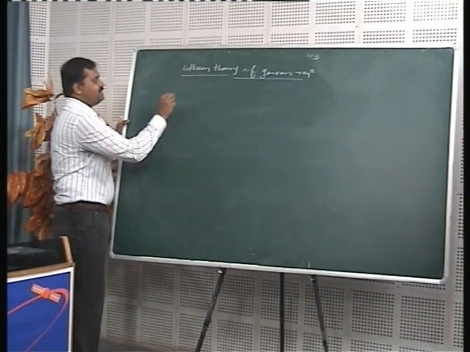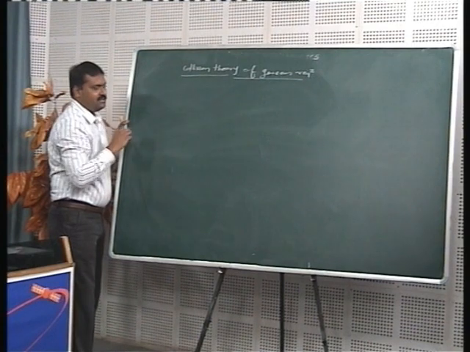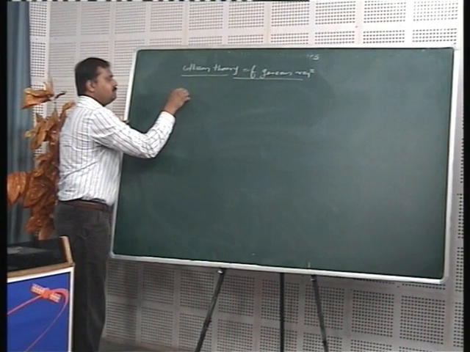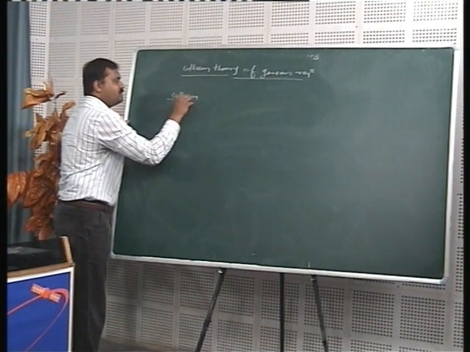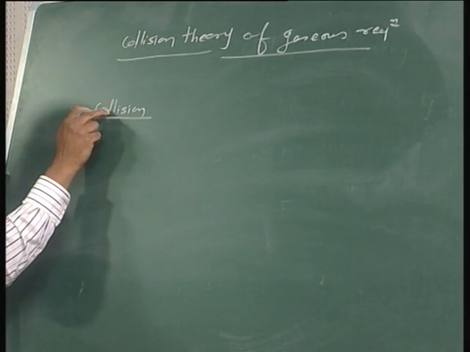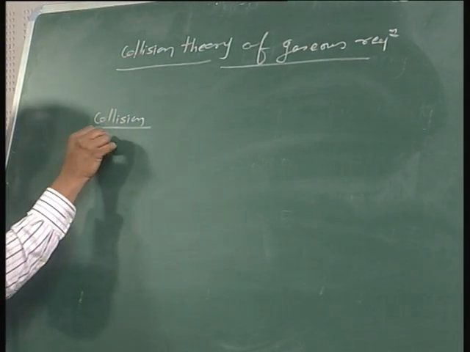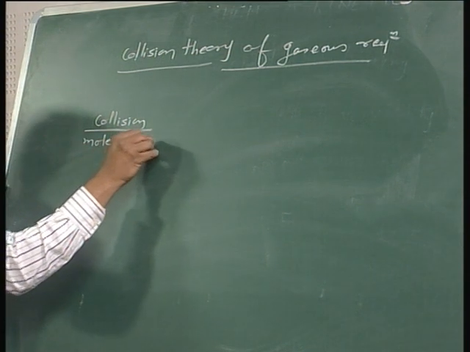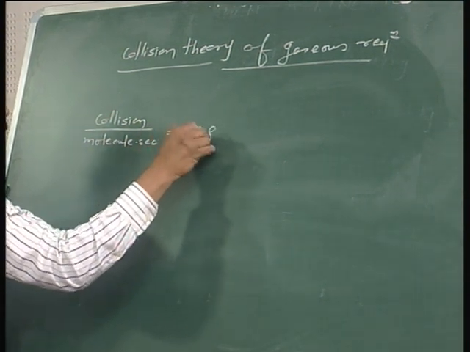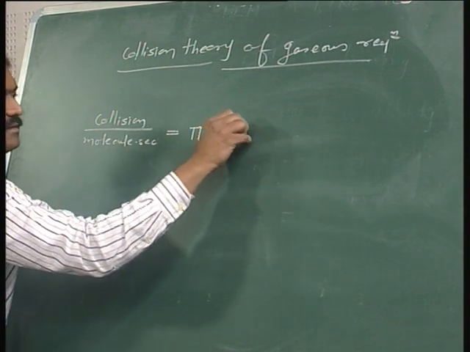So we can say that according to collision theory, the number of collisions experienced by one molecule per second is equal to pi rho square c bar into n,